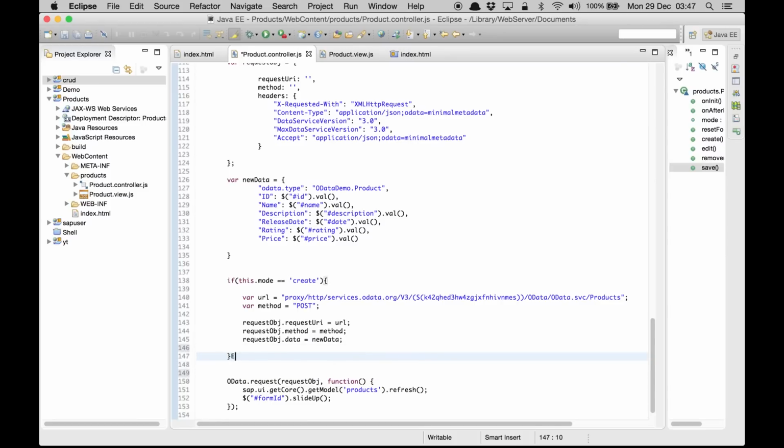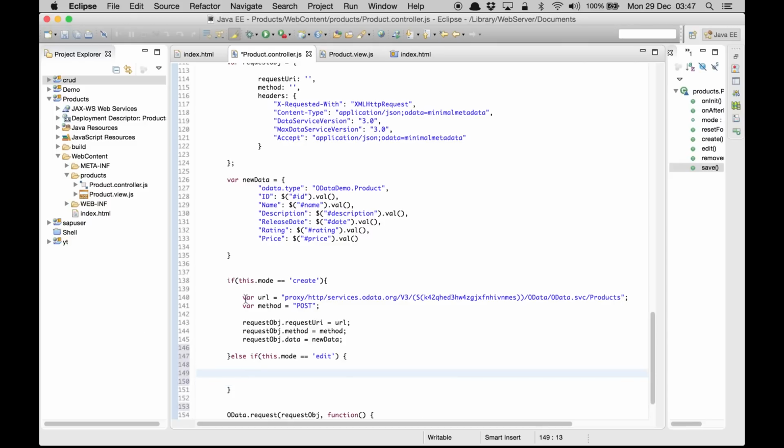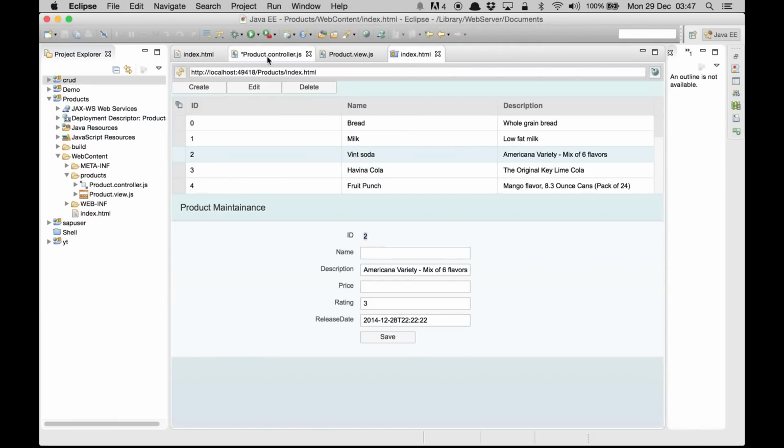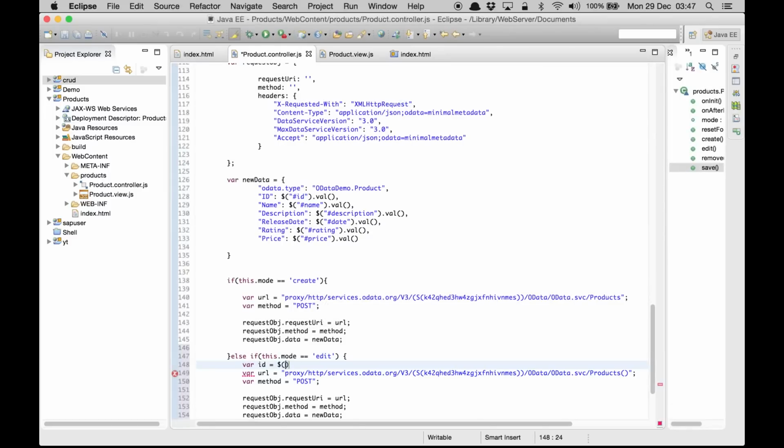So else if this dot mode is equal to edit, then we are going to need this entire thing right here. In this case, the URL is going to contain the index, and we can get the index. Basically we need the ID. This is the ID that we need, so we can get that ID easily by writing hash ID dot value. So this is going to give me the ID,